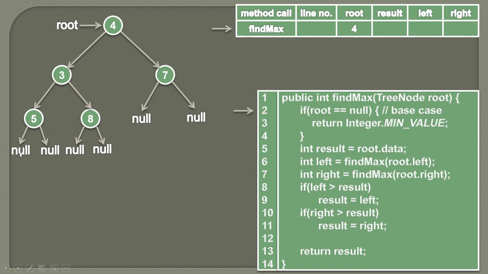So for example, if the root is pointing to null, we will simply return the minimum integer value, because null can signify that this is the minimal value. As the return type is integer, we need to return a value. So we'll simply return the minimum value of the integer, because the minimum value of integer won't affect the maximum value of this binary tree. So here currently we are providing a check that if root is equal to null, then simply return the integer's minimum value. So currently root is pointing to 4, therefore this condition comes out to be false.